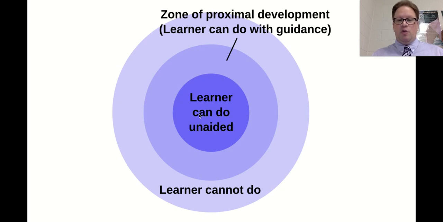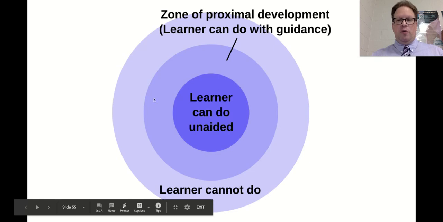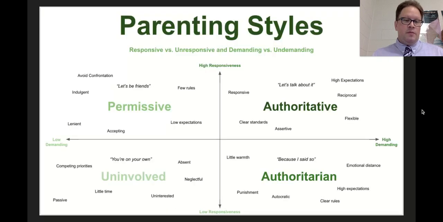So just what you can do by yourself is going to be more limited, what you can't do, but when you do have guidance, it can kind of expand that zone of what you are capable of doing. Psychologists have investigated different parenting styles and their impact on children's personalities and social behaviors, which have led developmental psychologists to identify four distinct parenting styles, which include authoritarian, authoritative, permissive, and uninvolved.